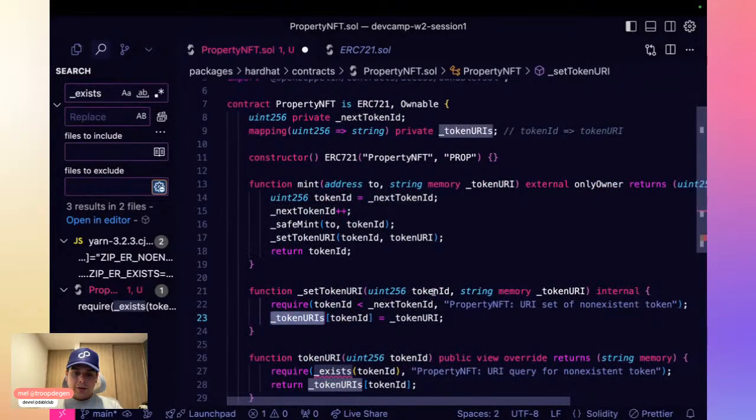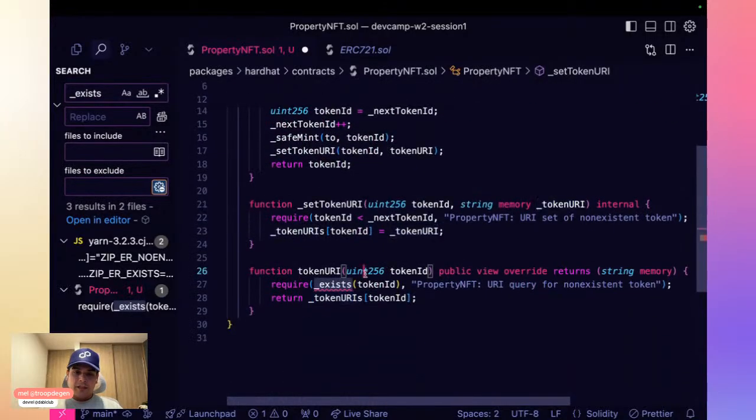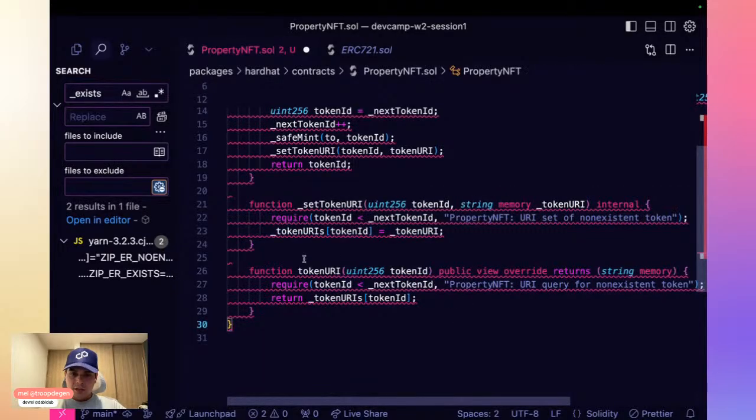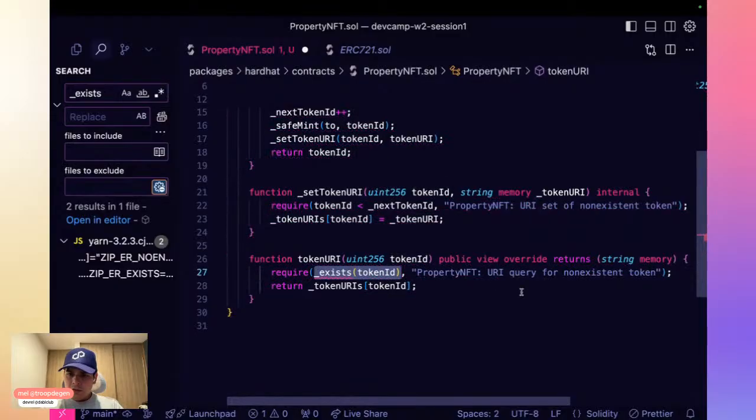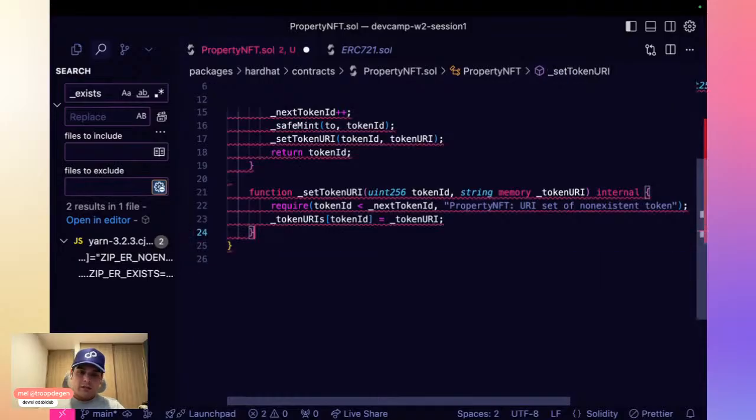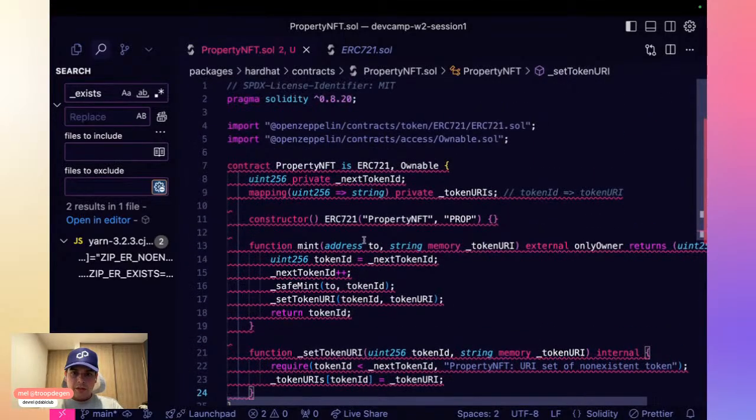If we do it that way, we ensure that we can change the information stored in the token URI for that specific token, and we can send it the new string that we are receiving. And this would be the same for this one. Instead of the exists function, we can just do it like this. It doesn't make any sense because we actually have this token URI here inside our, what's happening?